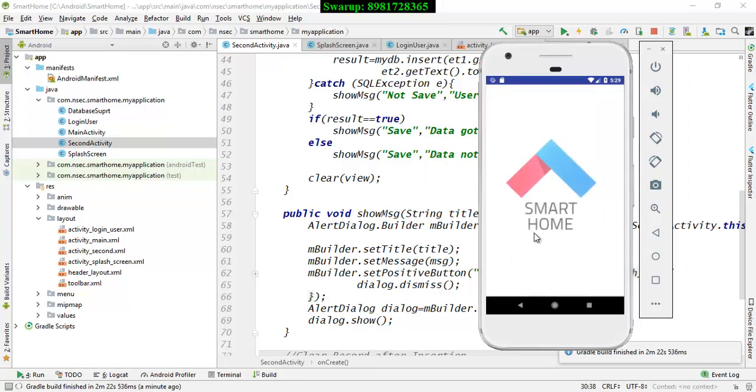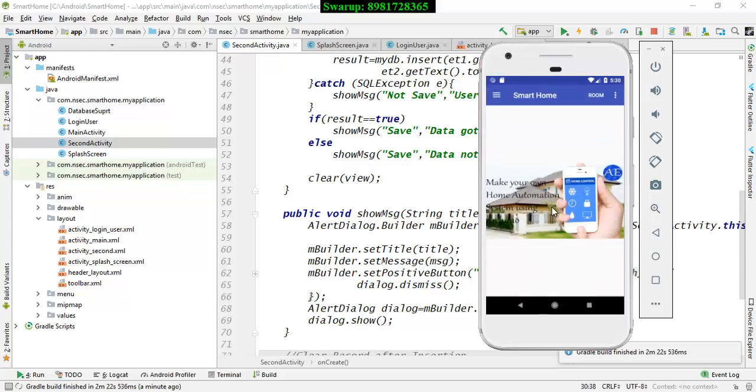See over here, this was the animation which I was talking about. The splash screen waits for 10 seconds, and after that the login screen comes. Yeah, here is the login screen. If I provide a wrong username, suppose I'm giving Raj, which is not available, and password Aryan, and I click it, it will tell you wrong credential. That means the record is not valid. But if I give Swaroop and Saha,